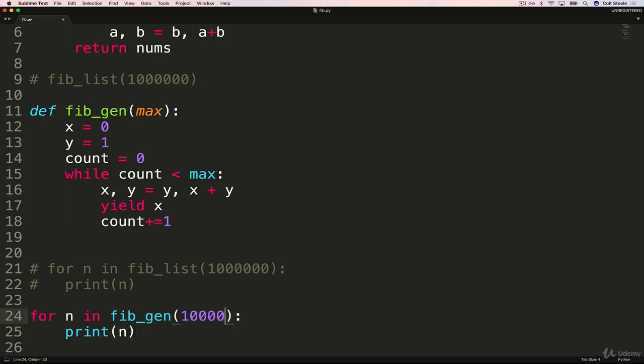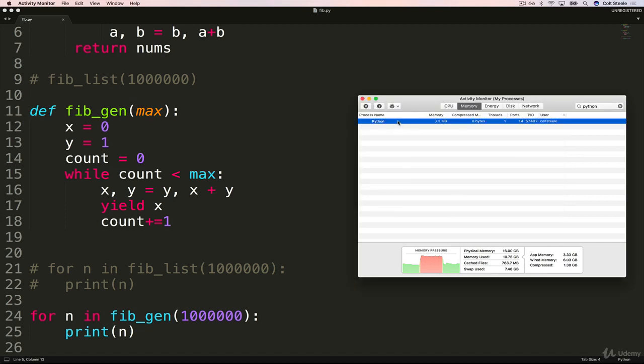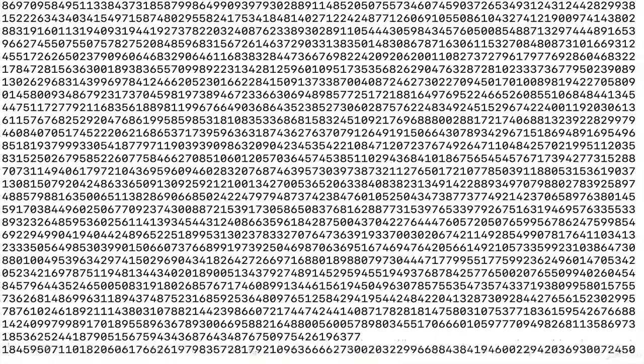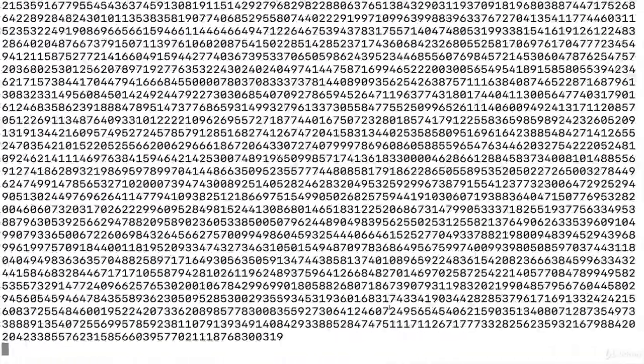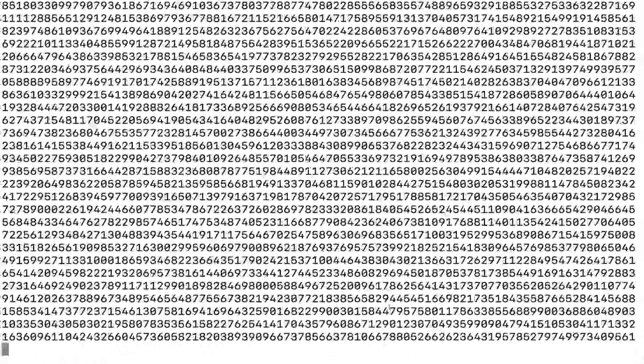If I do this instead, I think I need another 0. There we go, 1 million using the Fibonacci generator instead of the list. I run it, cut to my activity monitor, take a look. 6.7 megabytes. A very drastic difference. 6.7 compared to however many hundred megabytes it was for the list version. I'm also printing it here, and in the other example I wasn't, although that shouldn't have a massive difference on memory. It should be more about time. But anyway, that's kind of a cool example.